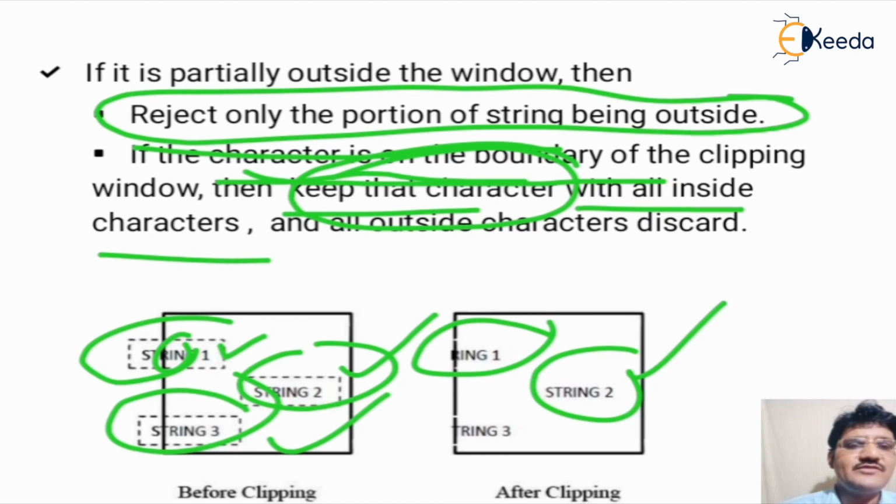So here the output will be RING1. For string 3, the S is outside, so it will be rejected, and T lies on the clip window boundary, so it will also be kept safe. So the output will be TRING3. So this is the basic difference between the second and third approach.